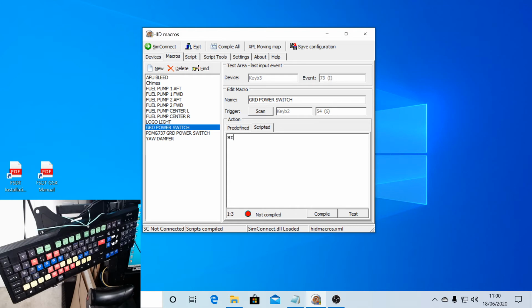It's HIDMacros.FSX event, space, and then the name of that switch, the precise description of that switch from the PMDG list. So that's EVT